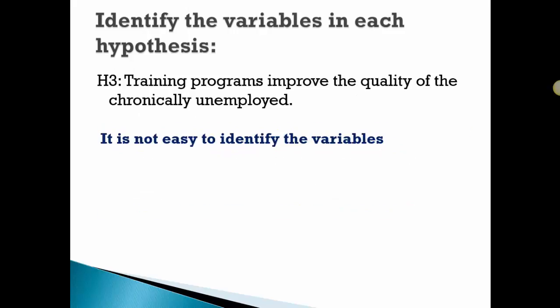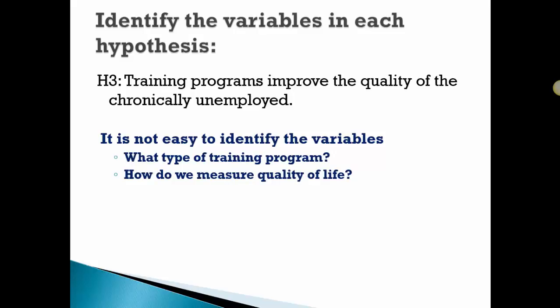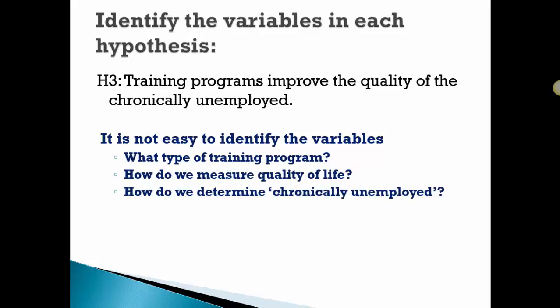Now, the next one here, training programs improve the quality of the chronically unemployed. It's not easy here to really determine or identify the variables. Again, this is like the example we had before. What kind of training programs? How do we measure the quality? What do we mean by chronically unemployed? And in this case, the model is poorly defined because we really don't know what data to collect or who